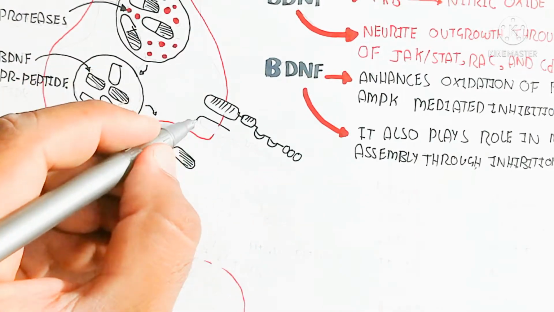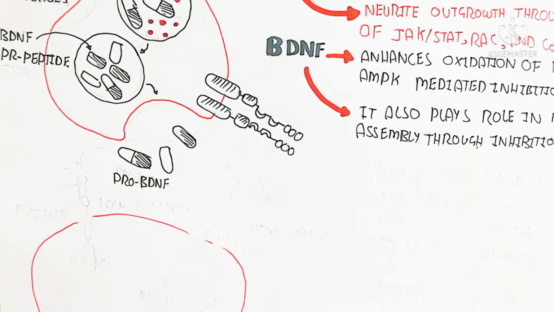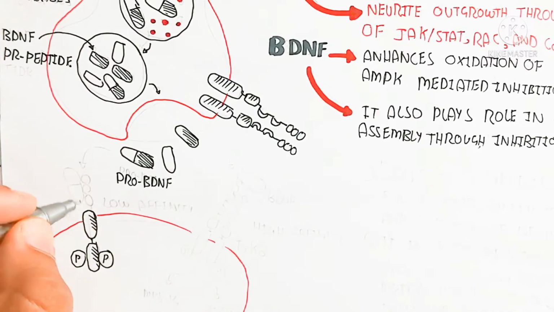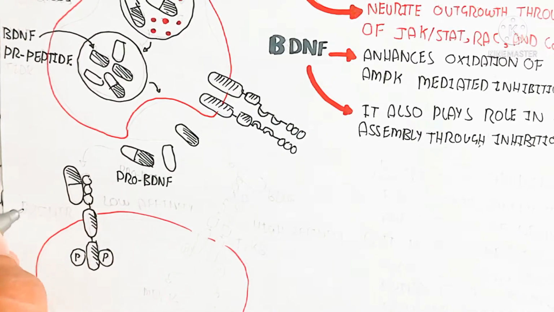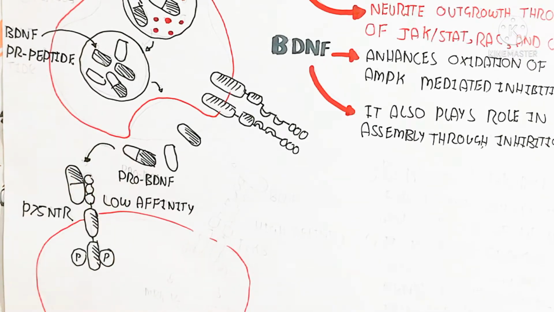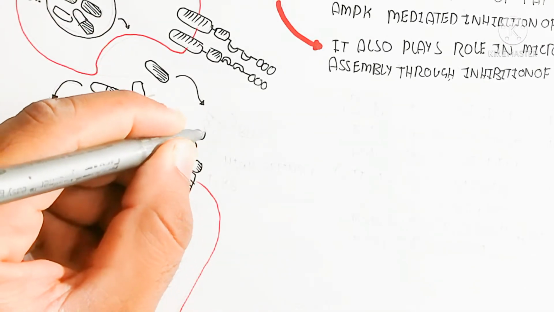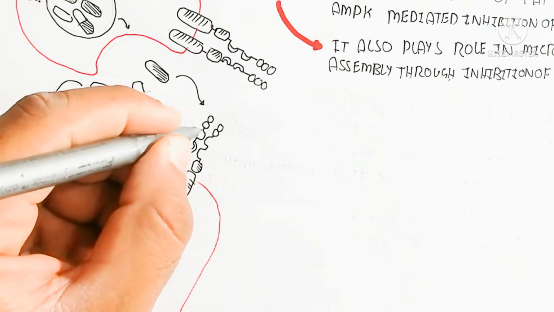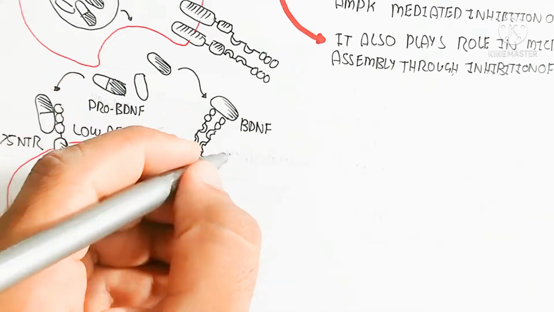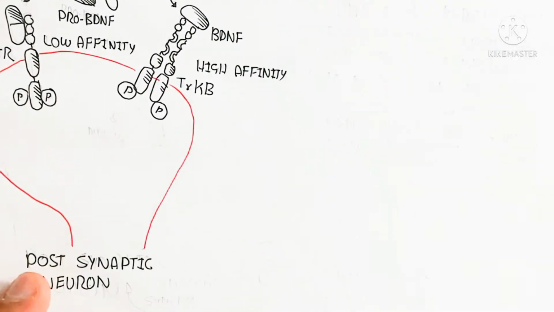And here is the receptor. This receptor is known as TRKB. We will discuss it later in this video, and it has high affinity, and it can take up the BDNF. After the BDNF is taken up, autophosphorylation will occur. Here is the P75 receptor, which has low affinity and binds with the pro BDNF, while here BDNF will bind with high affinity to the TRKB